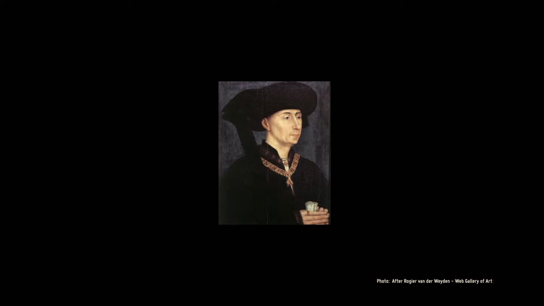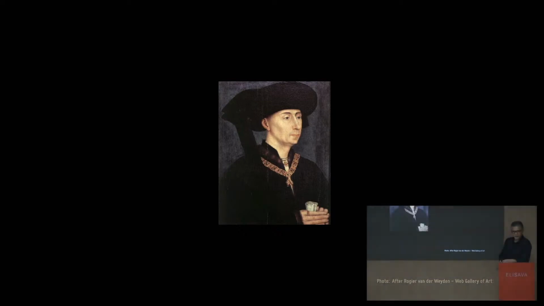This is a portrait of Roger van der Weyden. This is of course one of those Northern Renaissance portraits. I don't know if you know about you, but you always look at it and you go, well, why are they so dark? Who are these people? They're obviously people of power and people of wealth. Yet they seem so austere and they seem so dark.